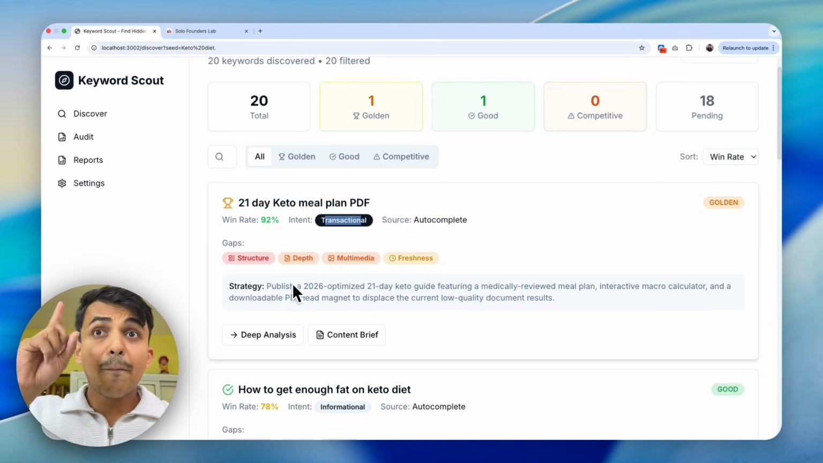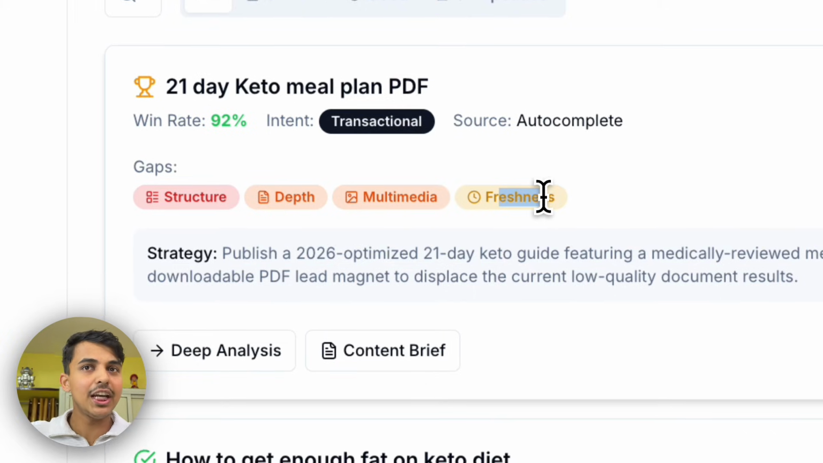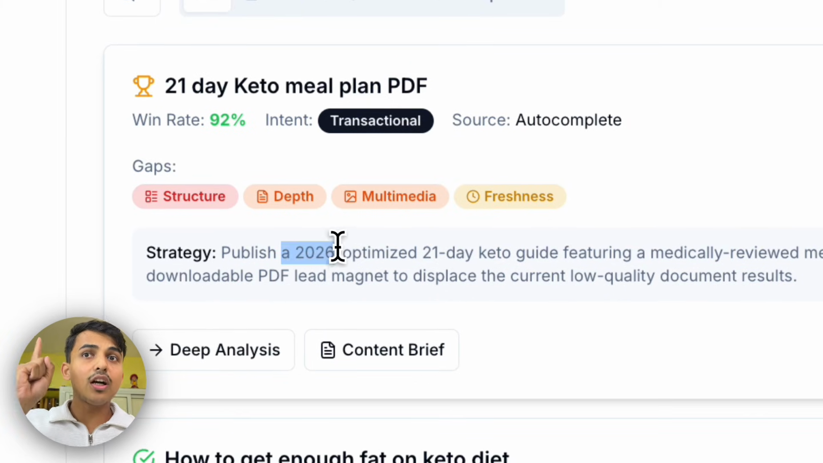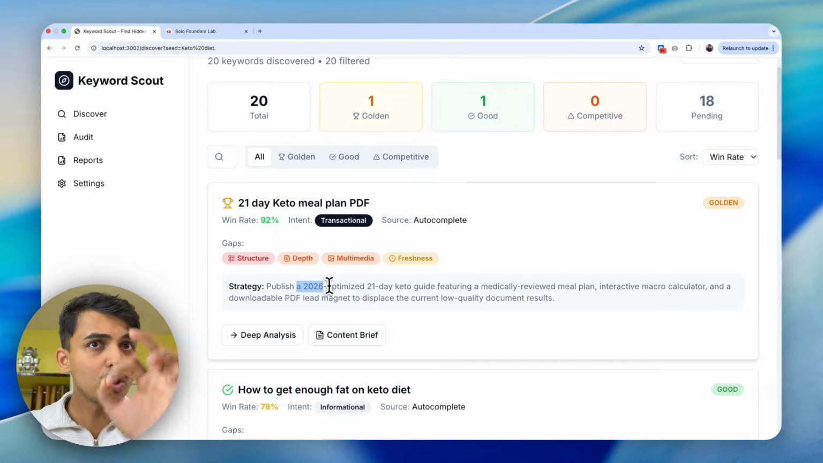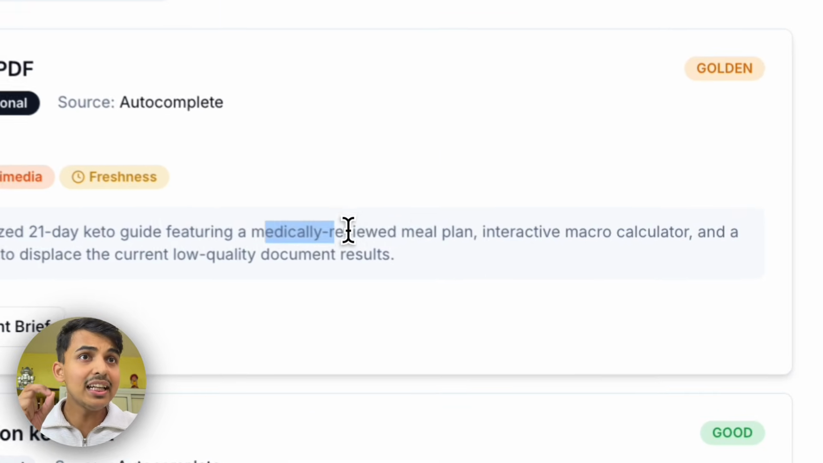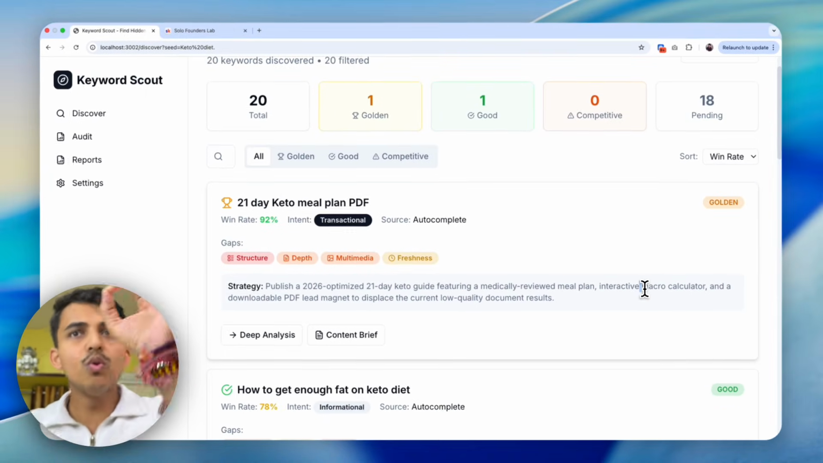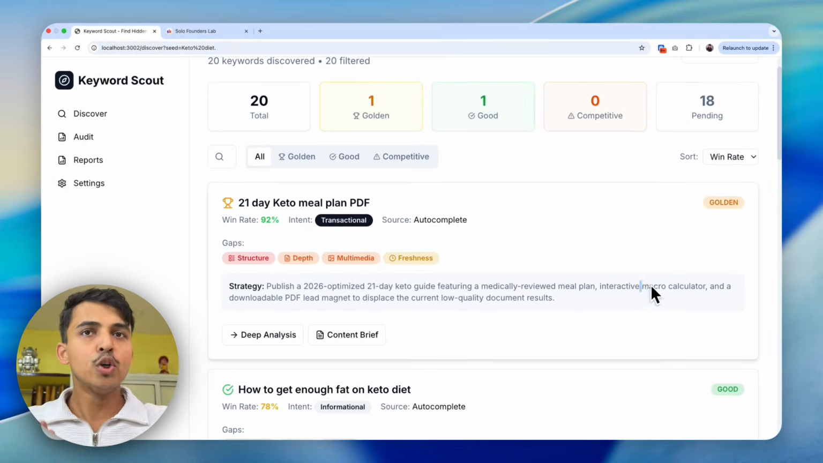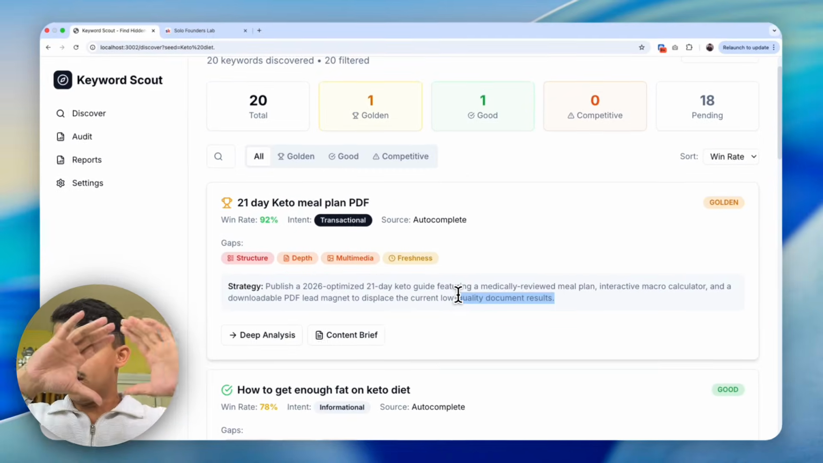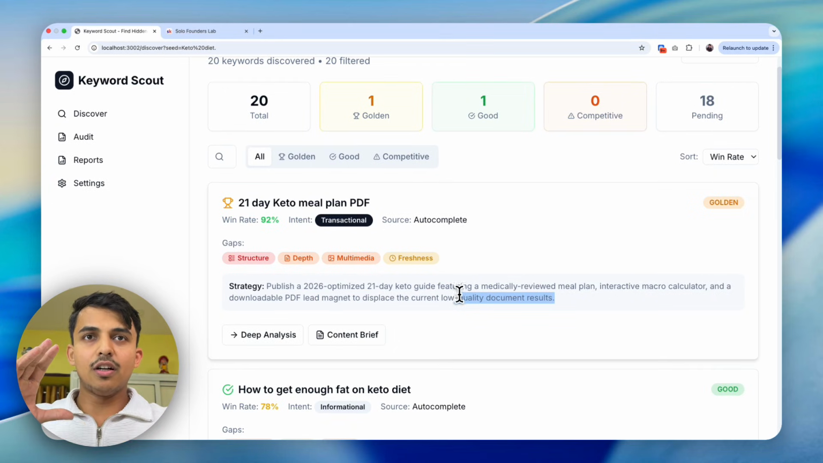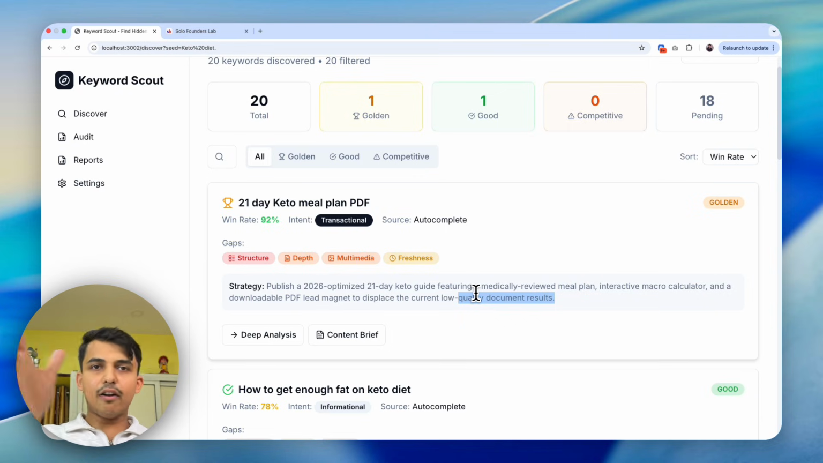Okay, so here's what the gap structure, depth, multimedia, and freshness look like. Check this out: publish our 2026 optimized 21-day keto guide featuring a medically reviewed meal plan, interactive macro calculator, and a downloadable PDF lead magnet to displace the current low quality document results. Boom. Ship this out and show you, right? That's a result. Ship this out, you build something like this, and you're gonna have a flood of traffic coming